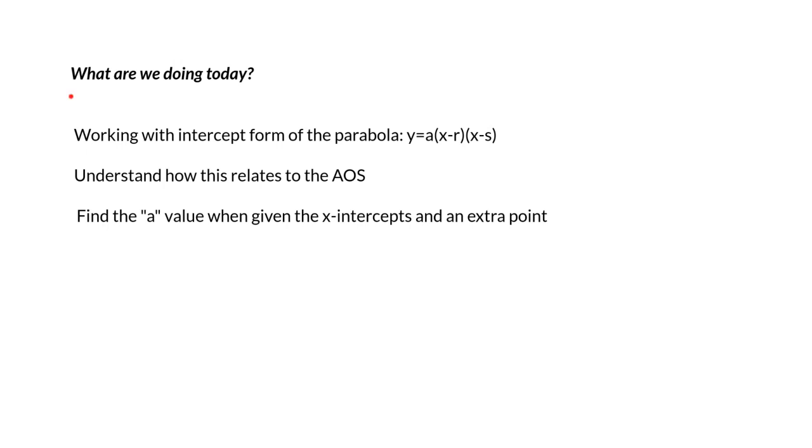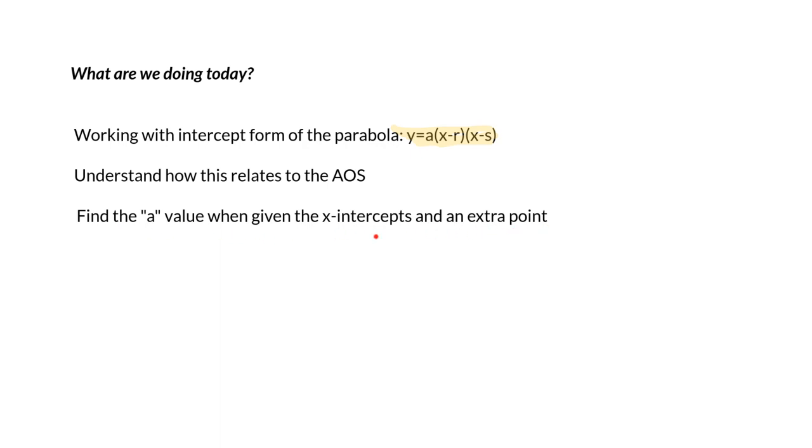So, what are we doing today? Well, we're going to be working with the intercept form of the parabola, which is y is equal to a(x minus r)(x minus s). And we're going to understand how this relates to the axis of symmetry. Now, once we do that, we're also going to find out things like the vertex, and then we're also going to find out